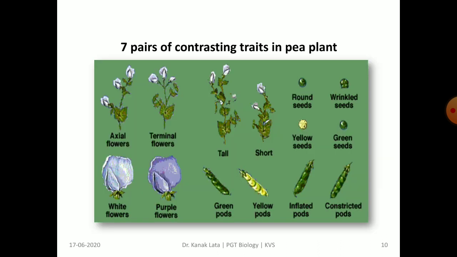This is the figure which shows the 7 pairs of contrasting characters in pea. Axial and terminal flower, tall and short or dwarf plant, round and wrinkled seeds, yellow and green seeds, purple or violet and white flower, green and yellow pods, inflated and constricted pods. So this is